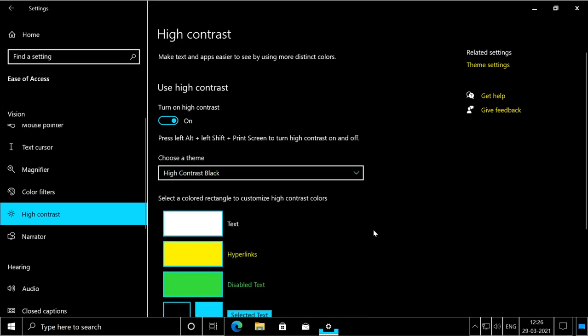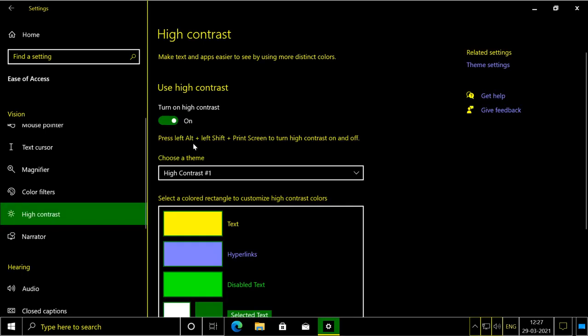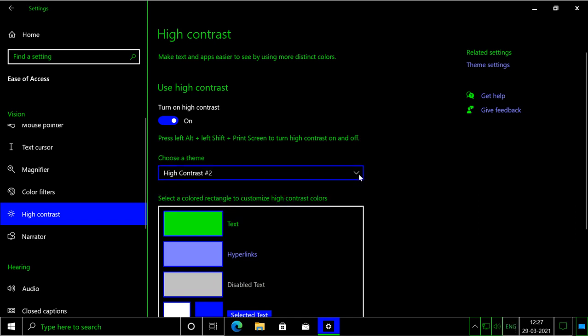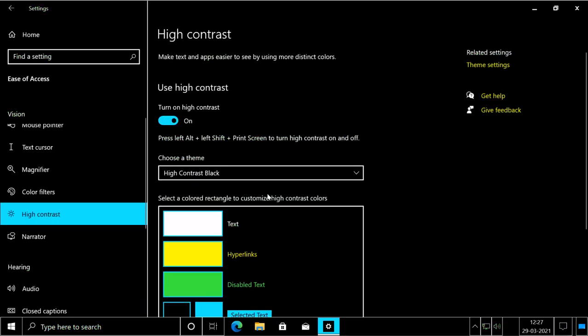So when you enable it, you see now it is doing what? High contrast. So everything is now looking clearly. You can go for these other options for the contrast. Contrast 1, high contrast 2, different styles, black and white, and you can see here different applications differently. You can see in the taskbar also, everything it shows separately.